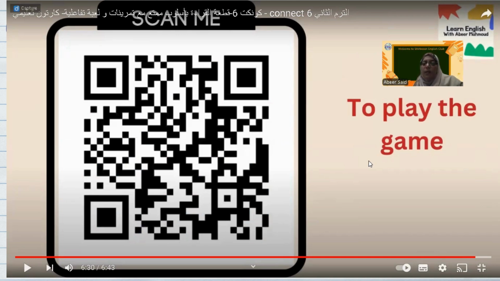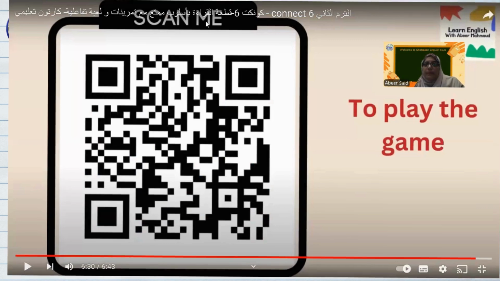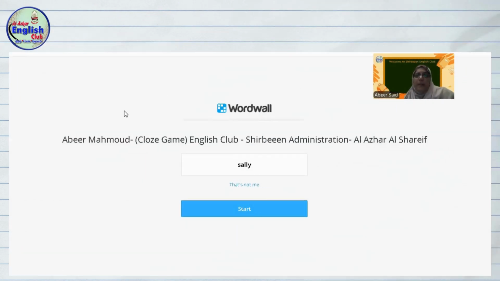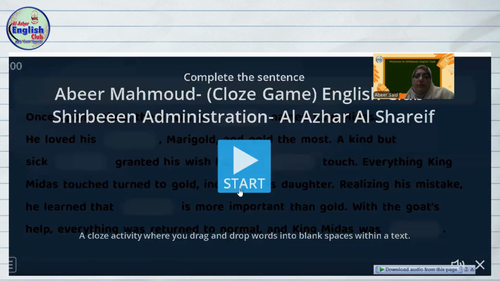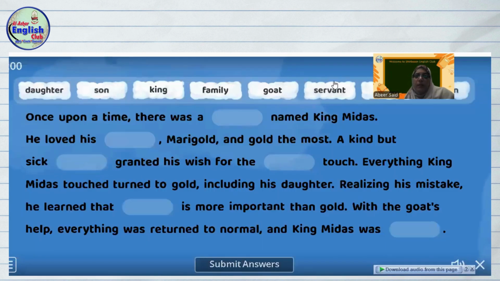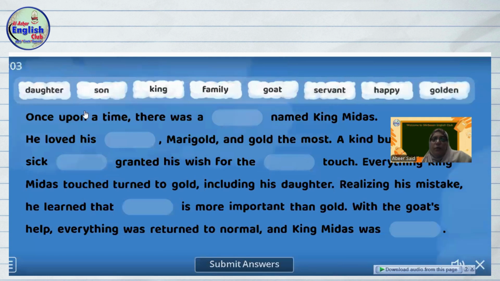I will show it to you now. We used Wordwall to make this game. Of course, the student writes his name here and then presses start. He will have to choose the correct word and drag it here.